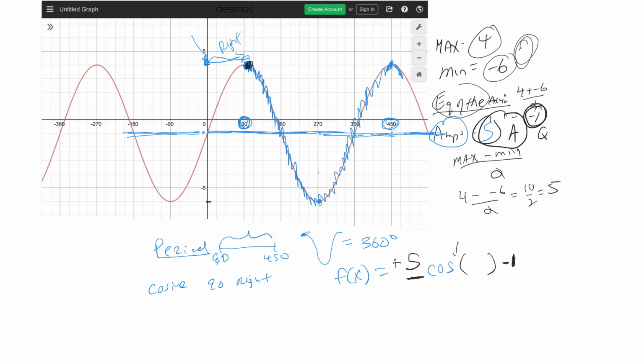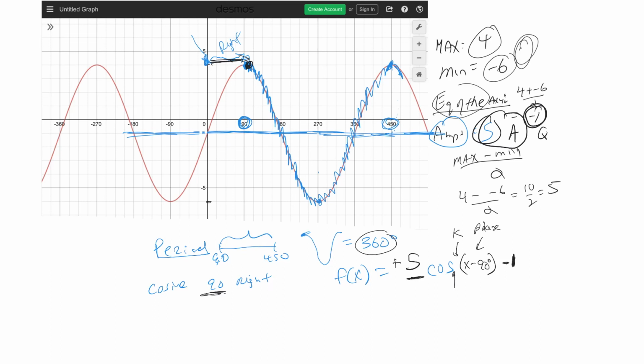So the number outside here is my K value, and the number inside here is my phase shift. So I know I'm shifting 90 degrees to the right, so I'm going to put here X minus 90 degrees. That means I started to move 90 degrees to the right. However, how do I calculate my K value? A lot of students might put, oh, I'm just going to put 360 in there. Now 360 is not the K value. The K value is the